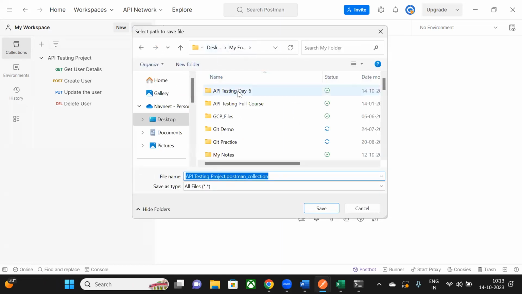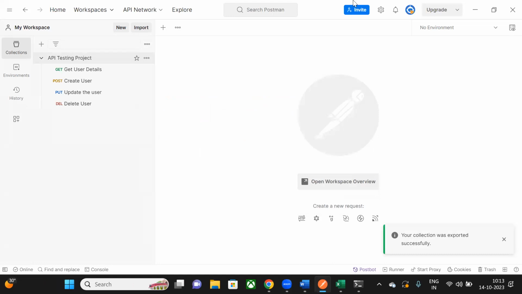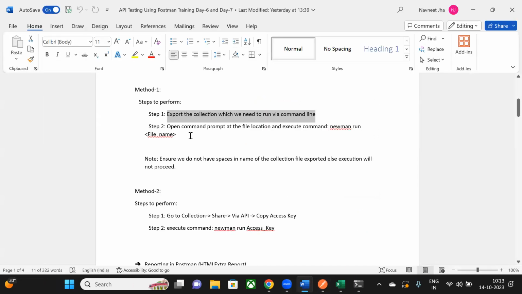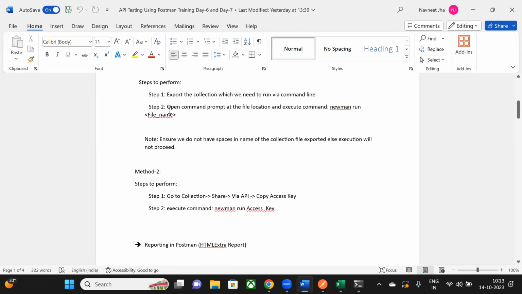Okay, in my folders, this is the file and this is the file name, right? So we will just save it over here. Okay, so let's see, this step is done. Export the collection which we need to run via command line. So this is done. The second step is to open the command prompt at file location and execute the command